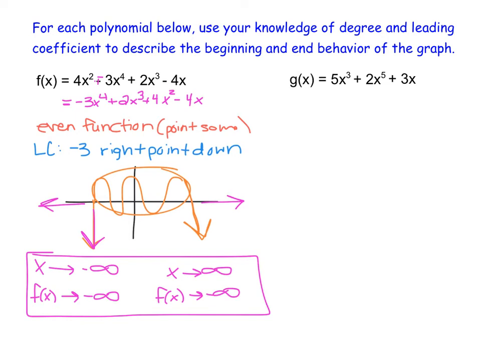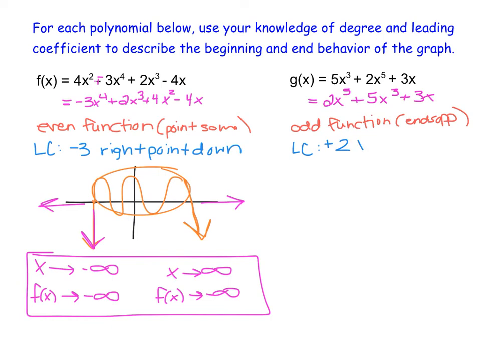So let's take a look at this second example here. Again, I need to make sure I rewrite this into standard form. So this should be 2x to the 5th plus 5x to the 3rd plus 3x. What I can see once I write it into standard form is that this is an odd function, so those ends are going to point in the opposite direction. And then I can also see that my leading coefficient is a positive 2, which means that the right side of the graph is going to point